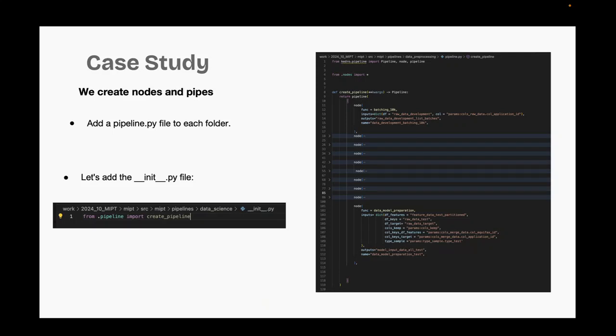Once we finished with nodes, right? Next step is to write and to define the pipeline. In the pipeline file, we import all functions from the nodes and parameters from parameters.yml as inputs. So the pipeline takes functions and datasets from catalog.yml as inputs. The outputs consist of processed files, which are also registered in the catalog. To ensure the project recognizes our pipeline files, we create an __init__.py file.